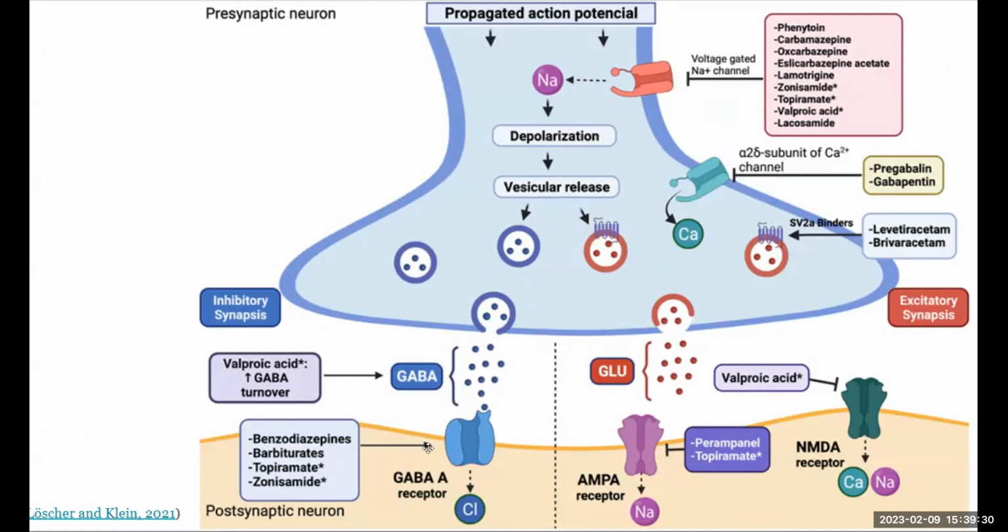So the GABA receptor that we talked about is the one the benzodiazepines work through. As for the sodium channel blockers, phenytoin and carbamazepine, if they block it, there is no depolarization for the excitatory neurotransmitter to be released, if it is an excitatory neuron. And glutamate, which is an excitatory neurotransmitter, works through the AMPA receptor and NMDA receptor, which are sodium and sodium-calcium conductances.